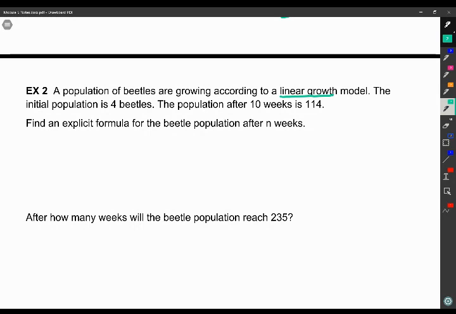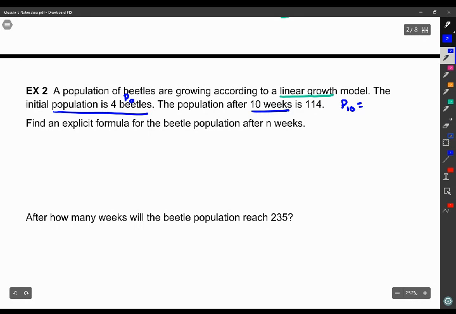It says the initial population is 4 beetles. So this is your P sub 0. And it tells you the population after 10 weeks, so that would be P sub 10, is 114. And so we're going to plug it in. It wants you to find an explicit formula for the beetle population, but we have to know what the rate of growth is. So the easiest way to do that, if it's linear, is I can find the slope, or I just plug